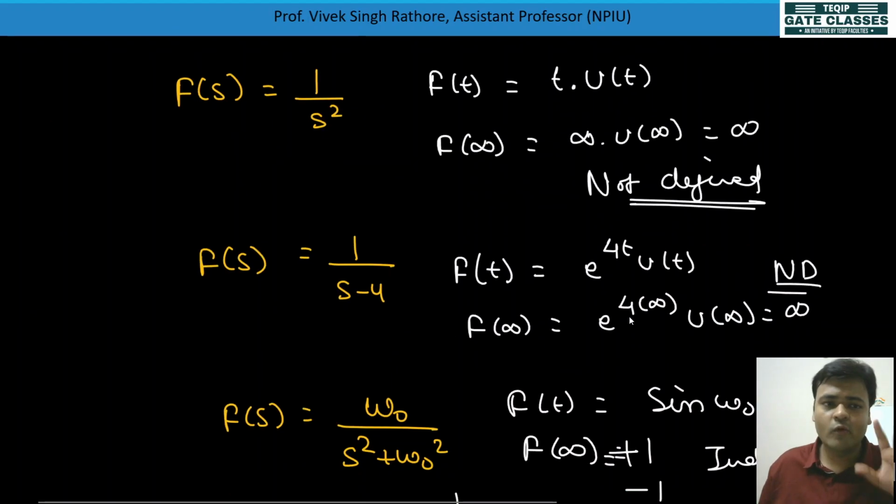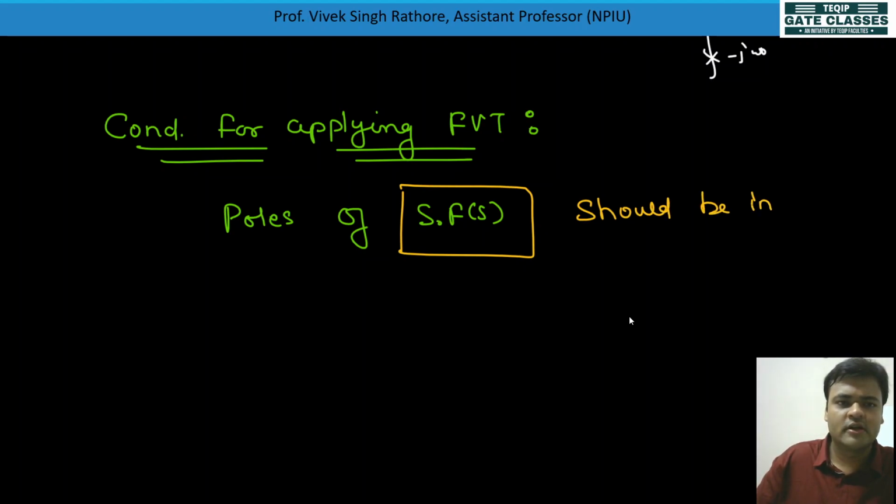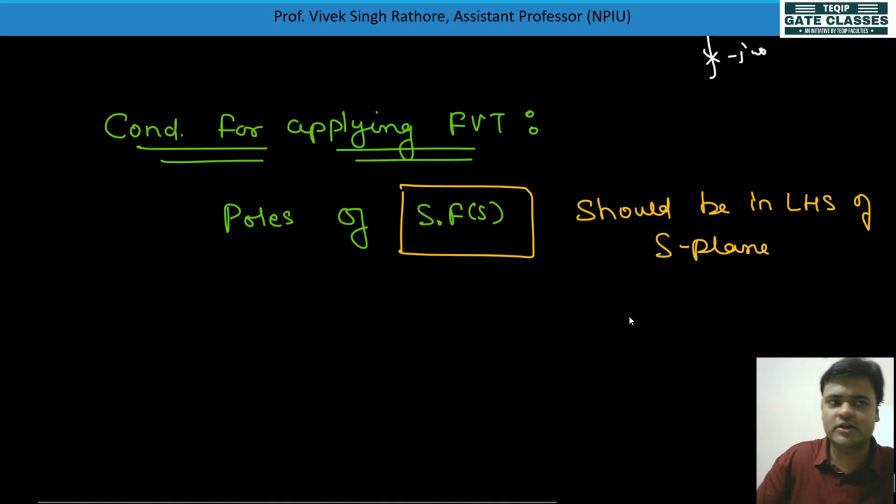I am not telling only the poles of f of s, I am telling you the poles of s into f of s should be in the left hand side of the s plane. This is the first and foremost condition